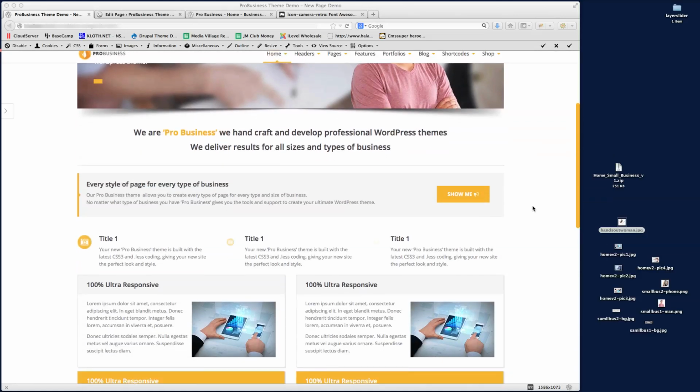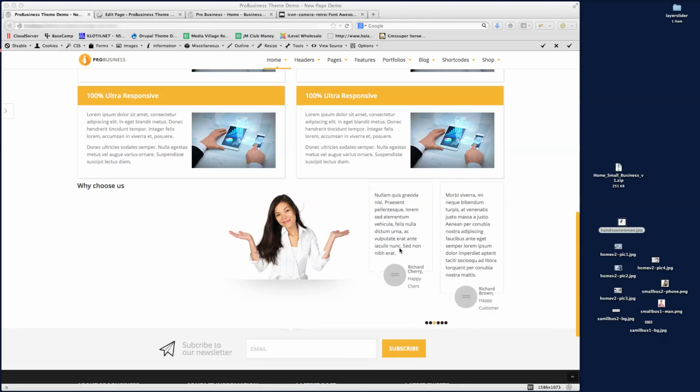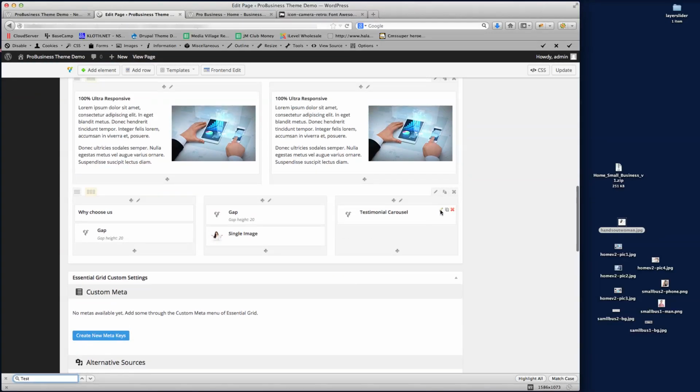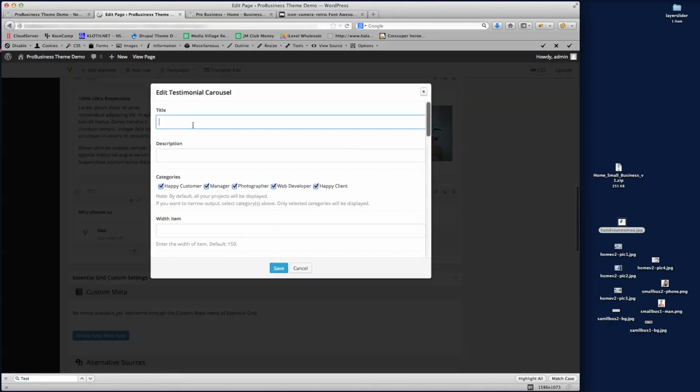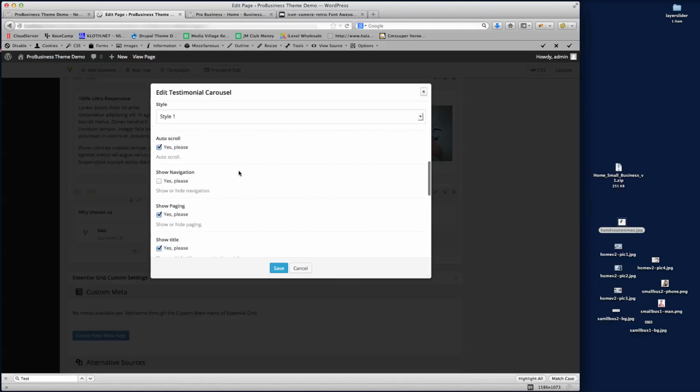So if we scroll down here now, you can see we're getting the elements on the page, so we need to change it. So we'll concentrate on this for now. The testimonials carousel. What I need to do is edit that. I'm going to put the title in there, one row,